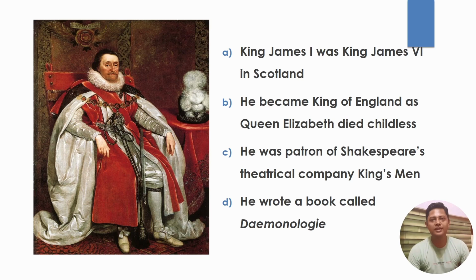The crown then passed to Elizabeth's appointed successor, James VI of Scotland, whose ascent to the English throne as James I marked the beginning of the Stuart dynasty. King James I also became the patron of Shakespeare's theatrical company, the King's Men. Legend says that Macbeth was performed at Hampton Court in 1606 for King James I and his brother-in-law King Christian